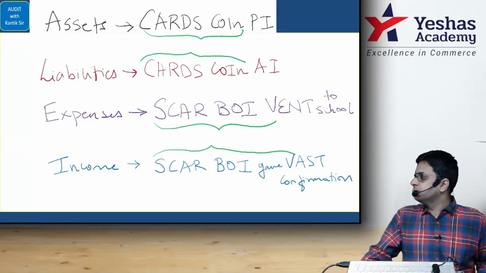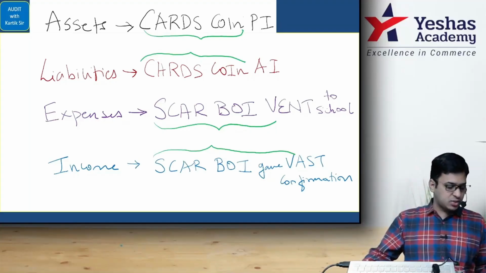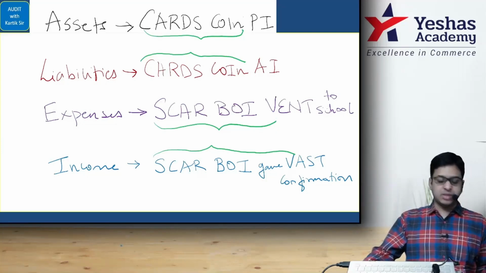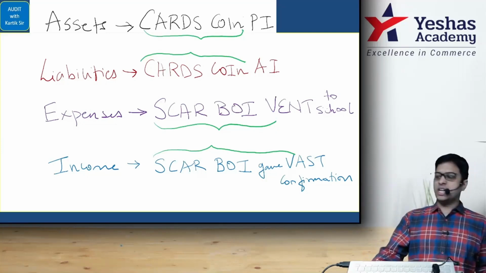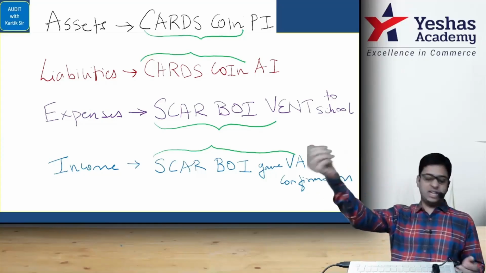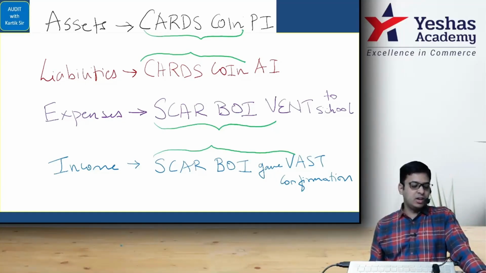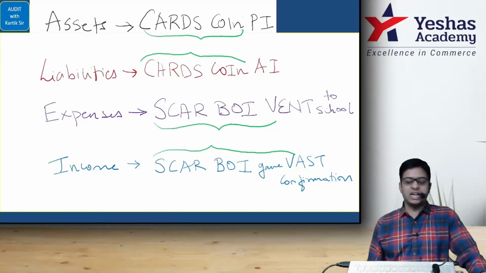Okay. Scar Boy went to school. Let's go for it first. S. S is what? S is substantive testing. Now you are taking expenses, so what you are doing? Look here. You are doing substantive testing to reach the RA level. Let's read. You know it very well. Let's start. Select a sample of expenses and trace them back to supporting documents to verify their validity and accuracy. Underline that. Trace them back.